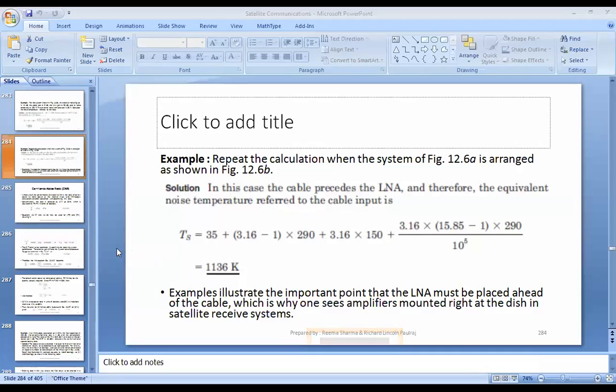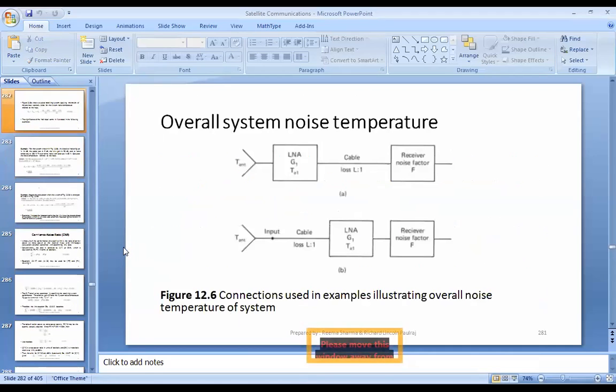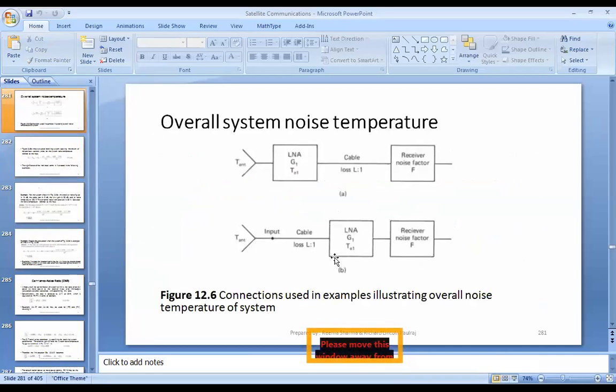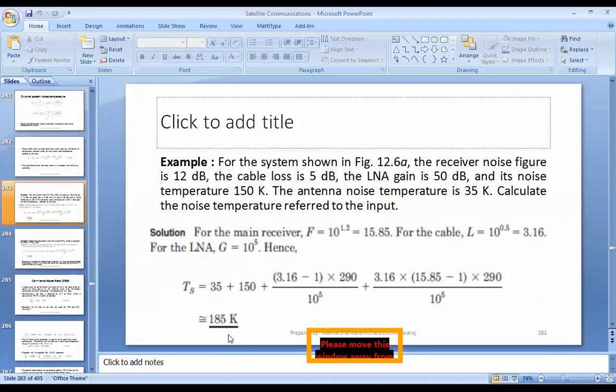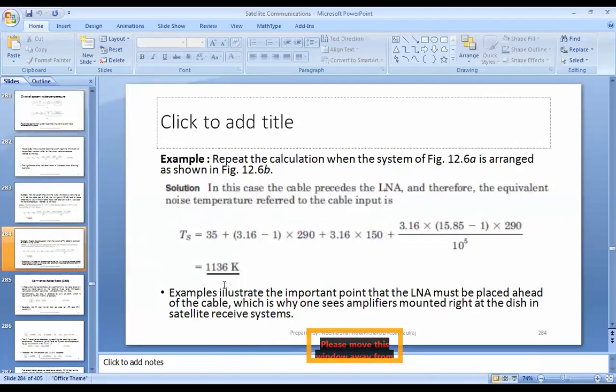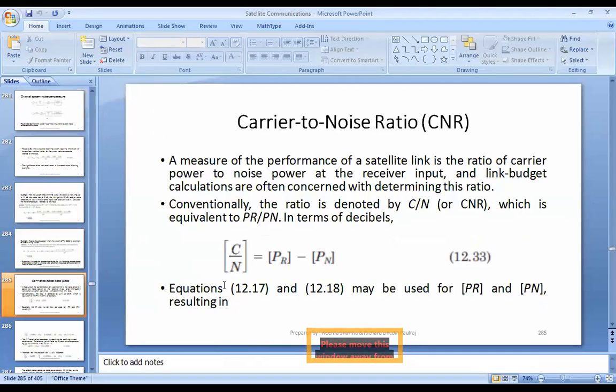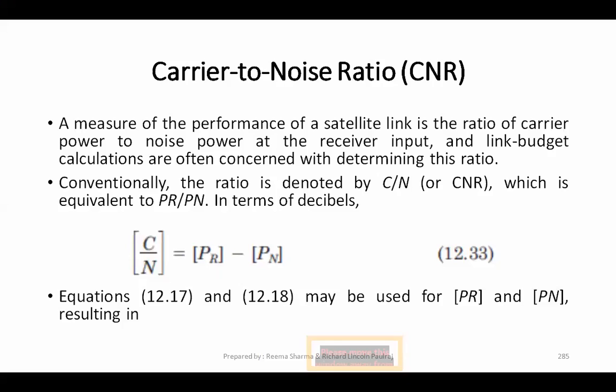So in our last class, we had discussed the importance of placement of the amplifier, right? If the amplifier is placed after the loss, even the losses are amplified, okay? And we saw that in the form of numbers as well, where we got 185, then here we got 1136, right? Okay. So today we will move on to our next topic, which is nothing but your carrier to noise